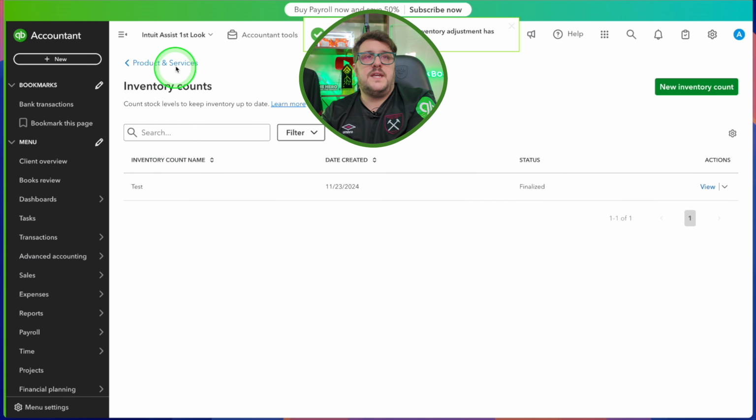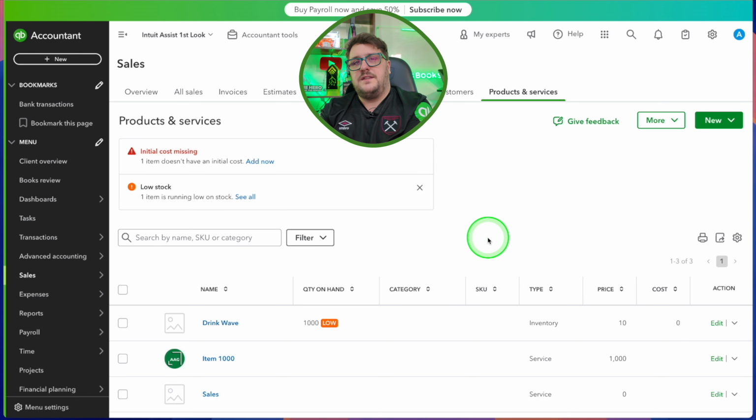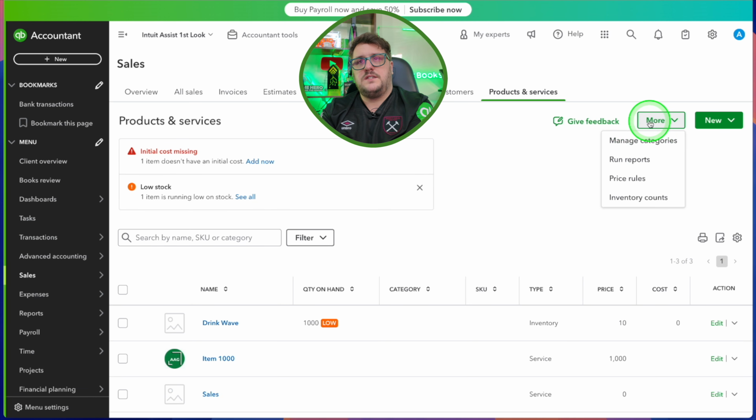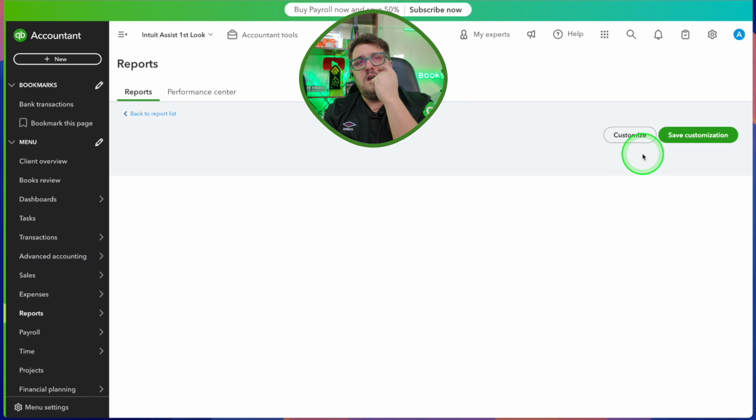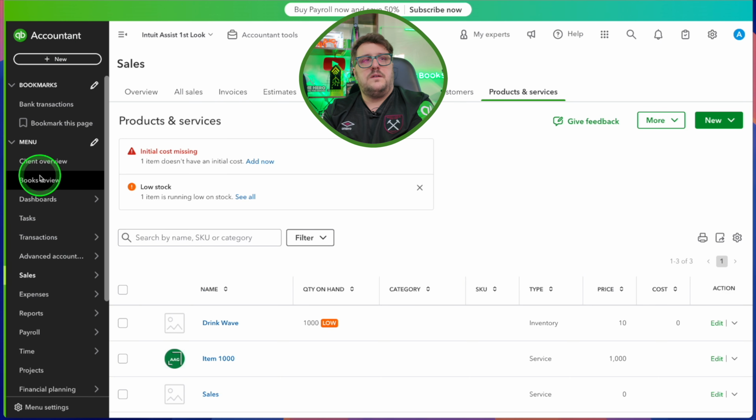So that's really nice to see. They've definitely updated that inventory counts. I think it sounds better than the stock take that they had originally, so that's cool. And that's definitely working as we'd expect. Run reports wise, pretty sure they're going to be exactly the same. Yeah, they're still exactly the same, so that's fine. But